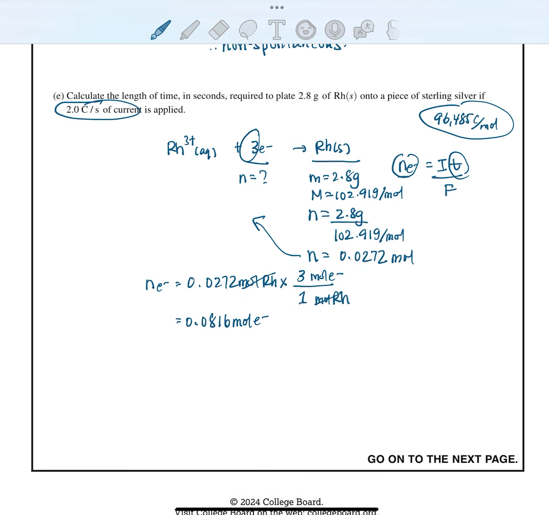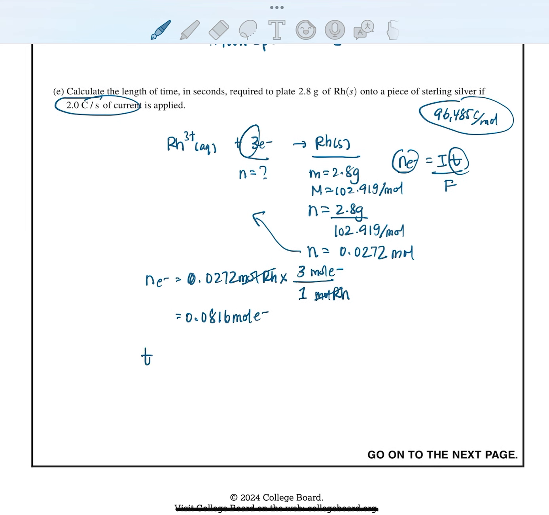Okay, so maybe we should rearrange the equation. Time equals Ne times F over current. Time equals moles of electrons, 0.0816 moles, Faraday's constant, 96,485 coulombs per mole. And again, be mindful of your units. Look at how they cancel out. Divided by current, 2.0